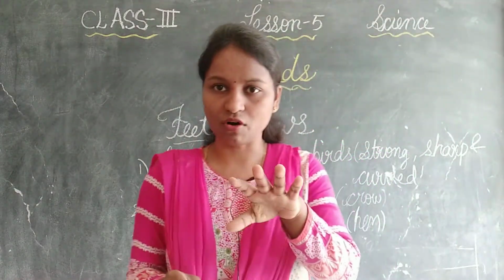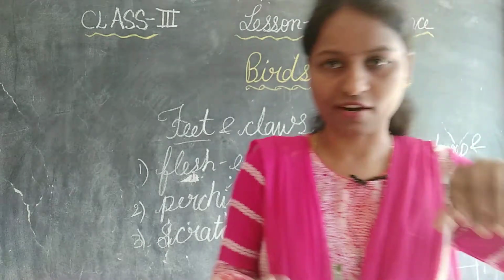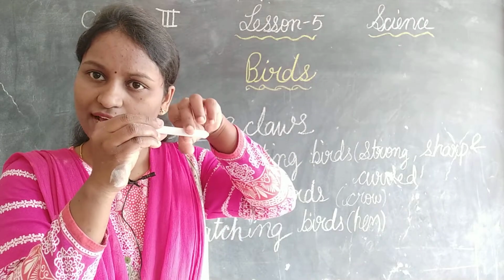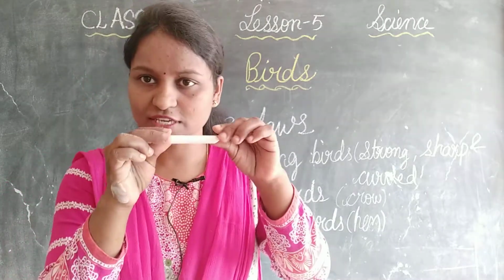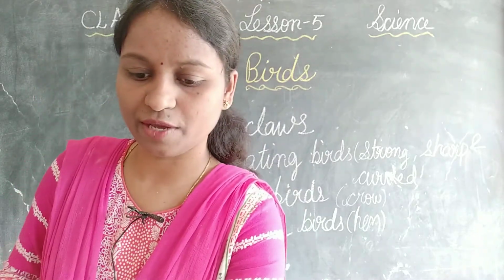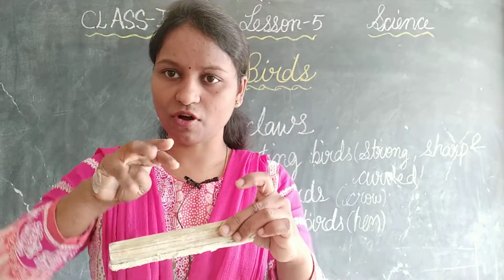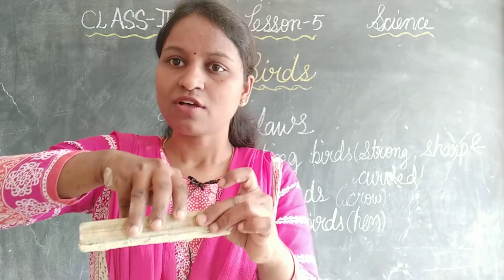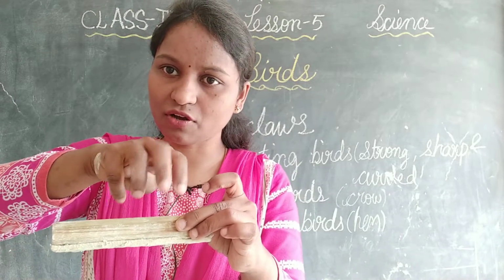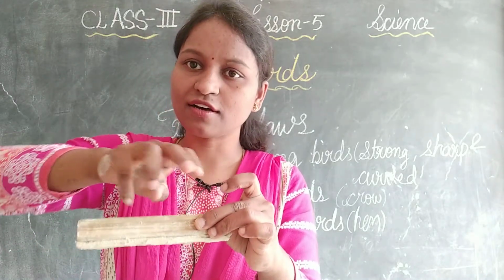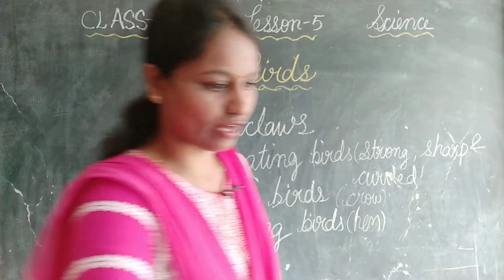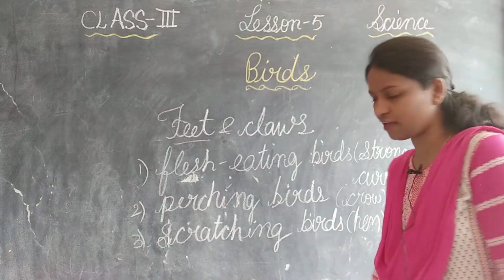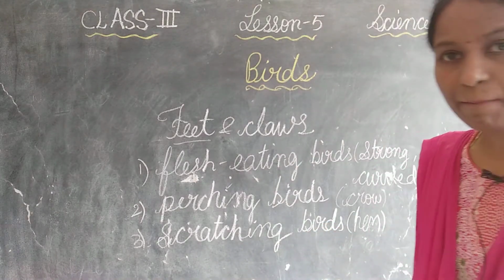They have 4 claws, 3 toes in front and only one toe at the back. Suppose these 4 claws are there, 3 toes at the front and 1 toe at the back, so that they can dig with the claws from the front side and one from the other side. They can dig like that. The example you can show is the hen. Next one is climbing birds.